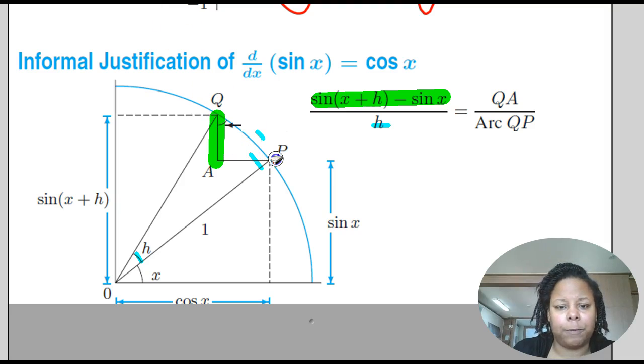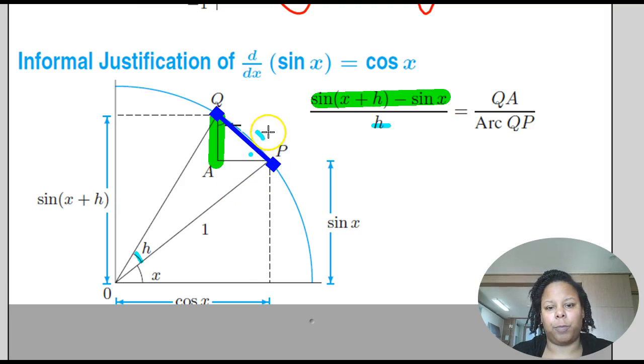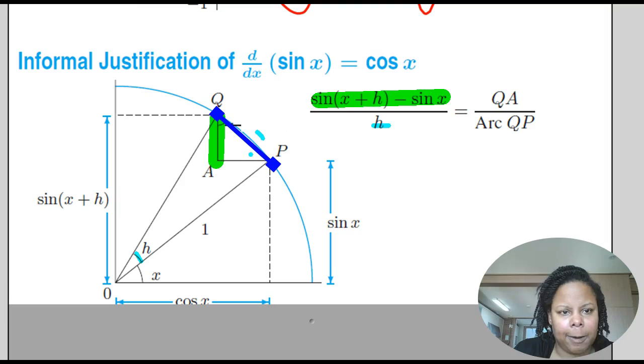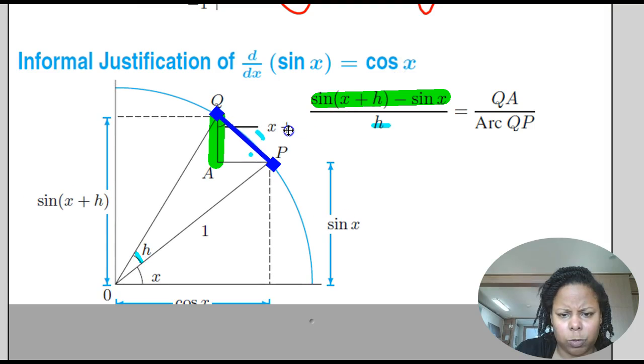And if the difference, for very small h, between Q and P is a straight line, then that means we have some type of right triangle situation going on. For very small h, this will be a straight line, and we have a right triangle between Q, A, and P. And the angle measurement right here is the same as the angle measurement